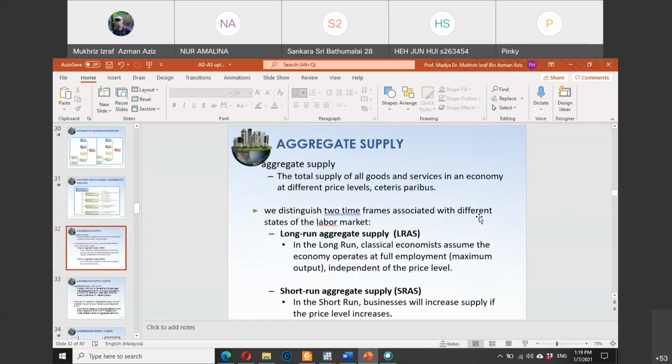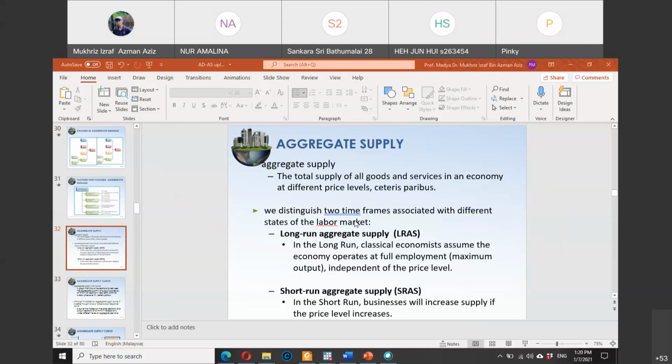In order for the country to be in equilibrium, just like in the microeconomic topic, we learned that equilibrium is when the demand curve intersects with the supply curve. We already looked at the aggregate demand curve, which is a downward sloping curve, similar to the simple demand curve of an individual. But for the supply curve, we need to divide it into two types: one is short run, the other is long run. For aggregate demand, we don't divide into long run or short run.